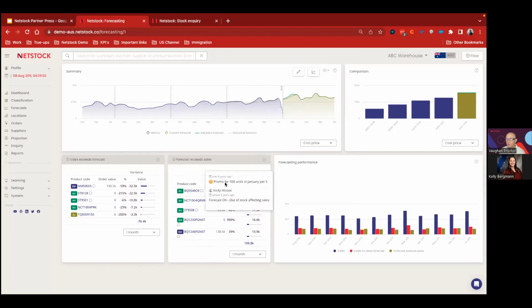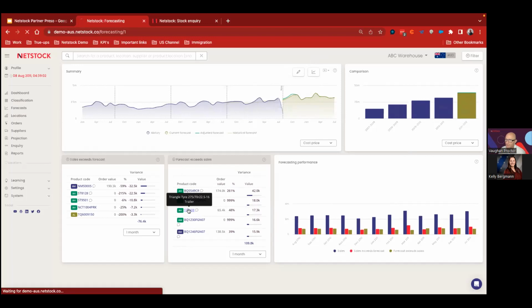You can also leave little notes next to it so we can see if you do make adjustments, why those adjustments were made, for discussion points into the future. Yeah, so all of those things will work on the forecasting engine. I'll get into a little bit of detail on the item as well, but I think I probably want to save that for the distribution